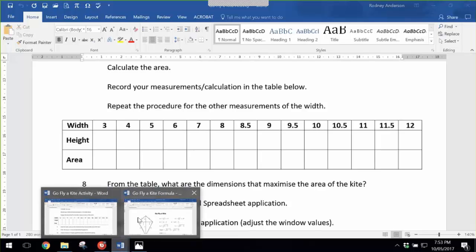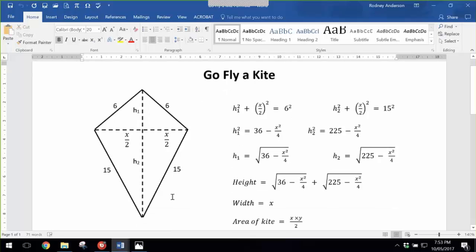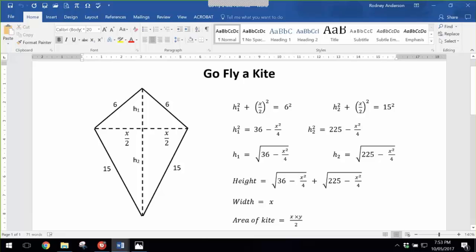I'll actually show the Go Fly a Kite formula. And you'll see that within this particular answer I've got the string through around the straws. The straws are 15 centimetres in length. There's 6 centimetres here, and what you're doing is pushing the top point down to a certain width, and you can measure the height, and you'll see that using Pythagoras theorem I can develop an expression for the height of that triangle. You'll see it through here. I've got the two heights,